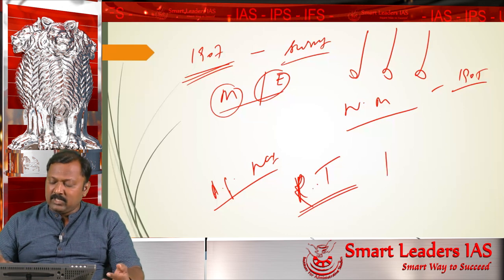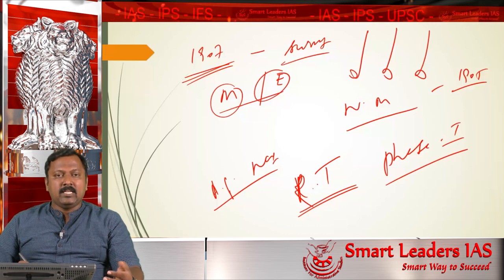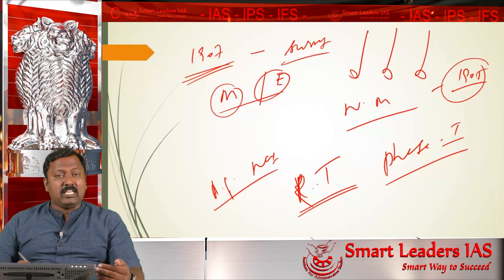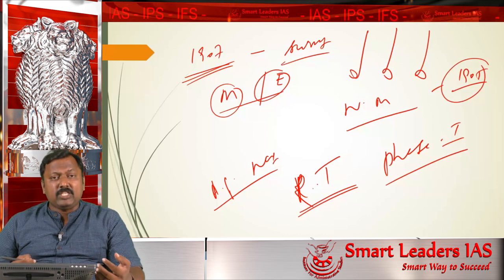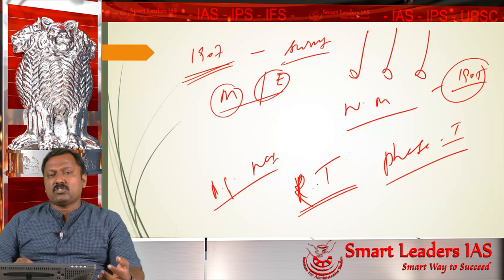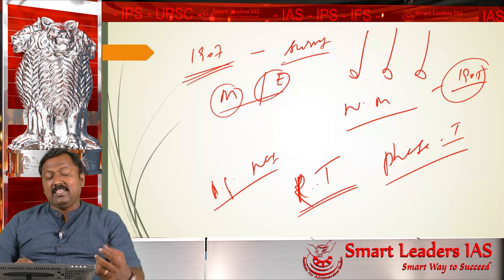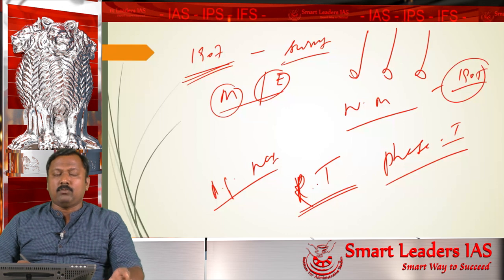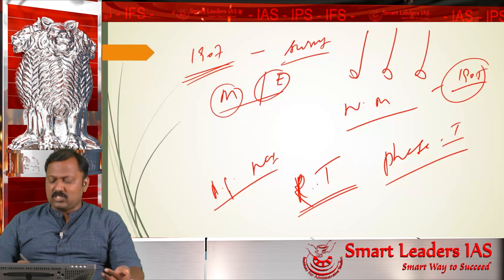Emergence of revolutionary terrorism, phase 1. Phase 1 happened in India because it is during this time the youth who participated in the 1905 anti-partitioning of Bengal movement had energy, but the leaders were not present, because after the Surat split, the leaders had left. Most of the leaders had retired from politics, some of the leaders had gone abroad. So there was a political, leadership level vacuum. The youth who had energy were left with no other option but to take their strategy into their own hands, which ultimately led to the emergence of revolutionary terrorism.